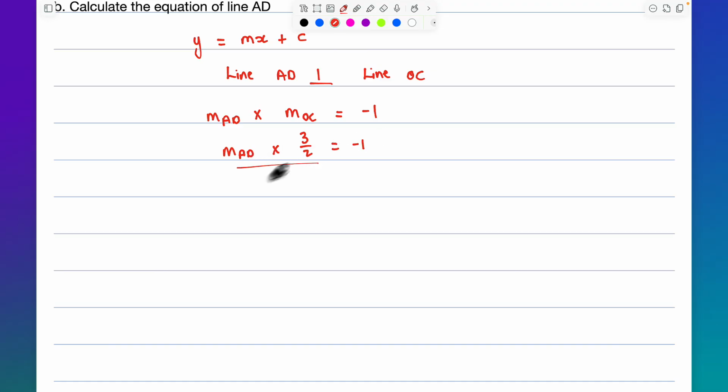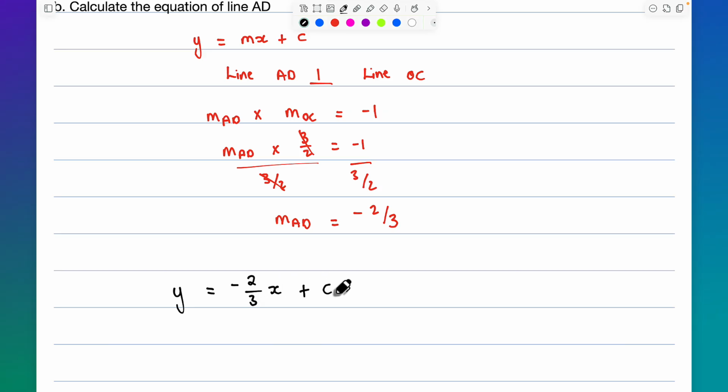So if you divide both sides by 3 over 2, it's going to cancel this one on this side, and then this is going to show up on that side. If you throw that into your calculator, that's going to give you -2 over 3. And all that we've done so far is calculate the gradient, right? So we're still not done, right? So the equation now, let's move back to black. y is equal to m. Now we know what that m is, -2 over 3. So y is equal to